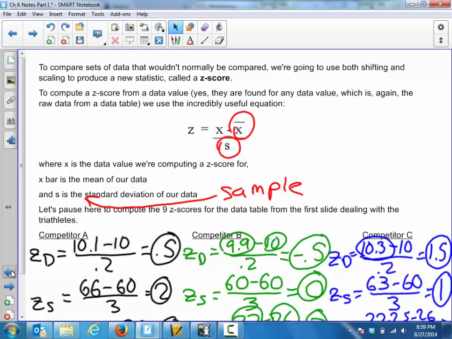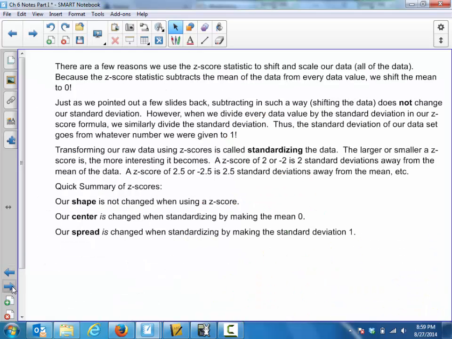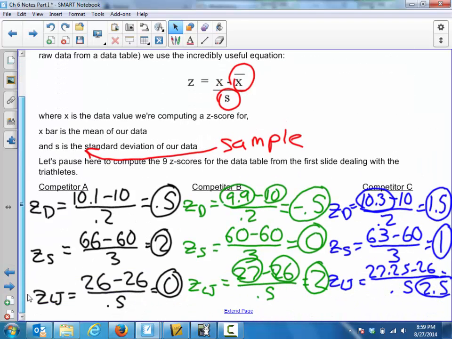Alright, and because the denominator is dividing through by s, the standard deviation, and we know that any measures of spread are affected by the constant we are multiplying or dividing by, if you divide everything by the sample standard deviation, you're changing the sample standard deviation to 1. So z-scores are changing the data so that the mean looks like a 0 and the standard deviation looks like a 1. That allows us to take these disparate groups, these different competitors here, and compare them